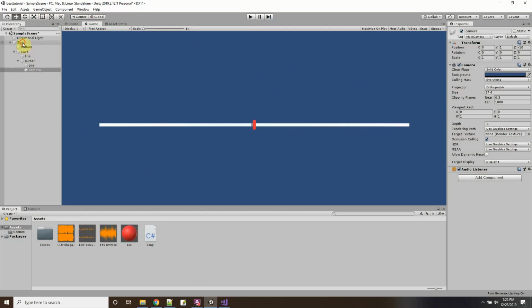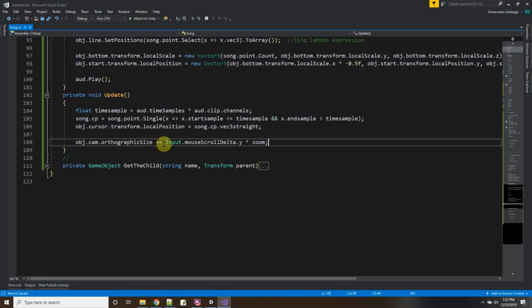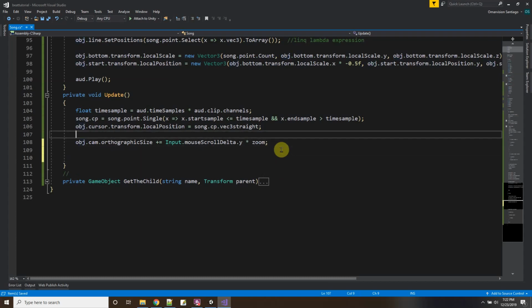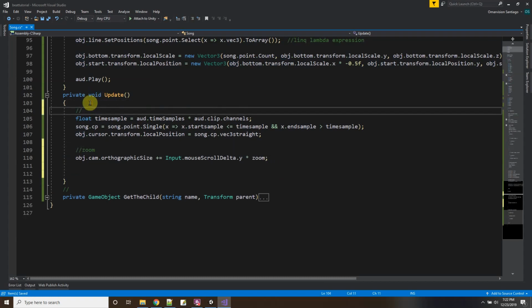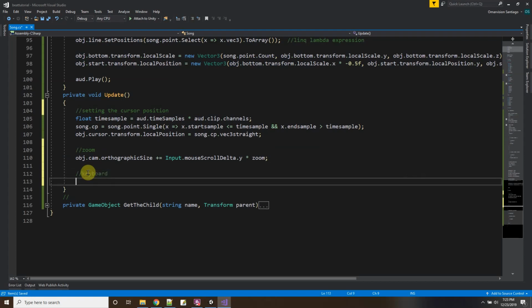Also this song is short, so let me go back on the song and just put on the loop. All right, so now to control the fact that there's going to be more controls than just the mouse scroll, let me just comment this, that this is the zoom. And this right here is setting the cursor position as the update, and this is the zoom. And then I want to also in the update read from the keyboard here a little bit. So if Input.GetKey